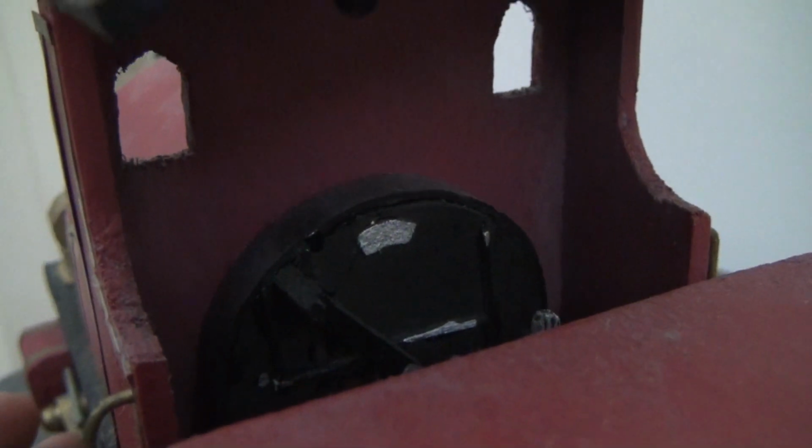And on the side here, we have seats for them to sit here as well. Not sure if you can actually see it. So yeah, that's it. The inner detail or the cab detail is actually based on the large scale model, because